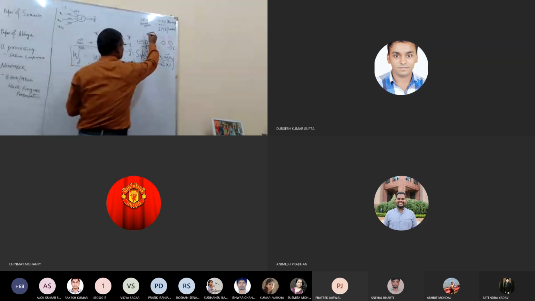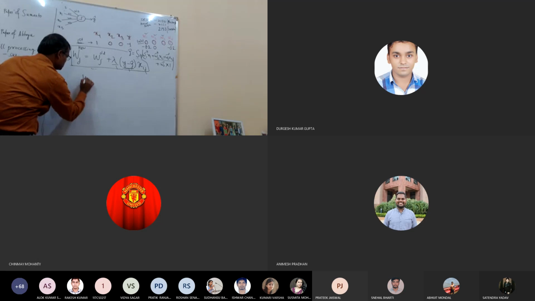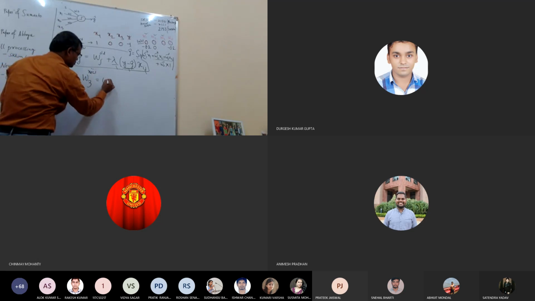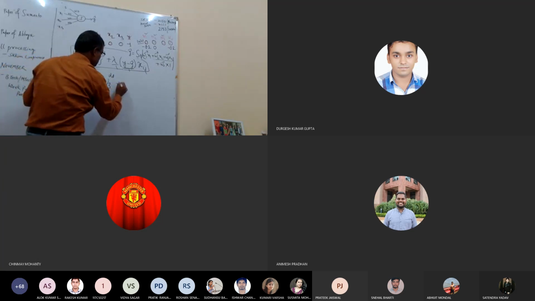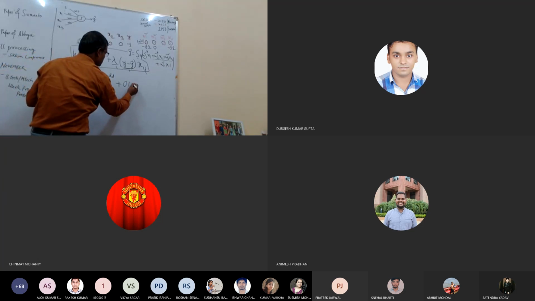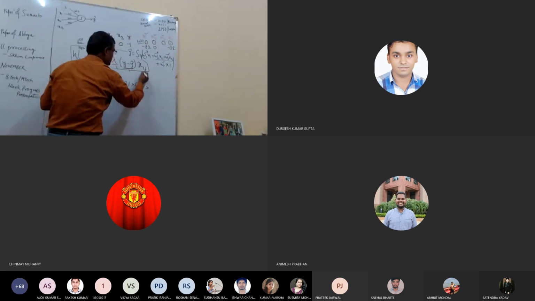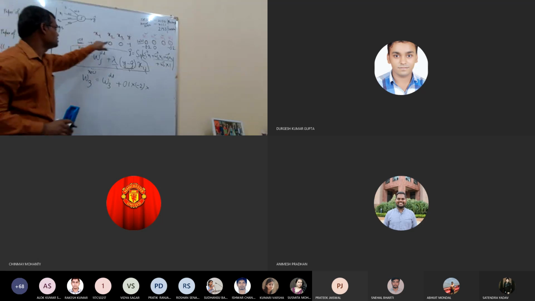We computed the value of W1, W2. Now we have to compute W3. So W3 new equals W3 old plus lambda, which is 0.1, into this value -2, into Xij. Xij means ith sample, first sample, and the third feature.